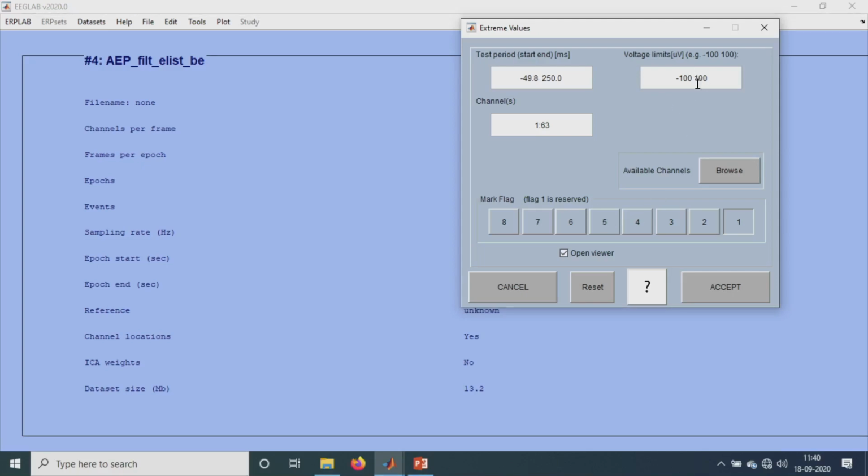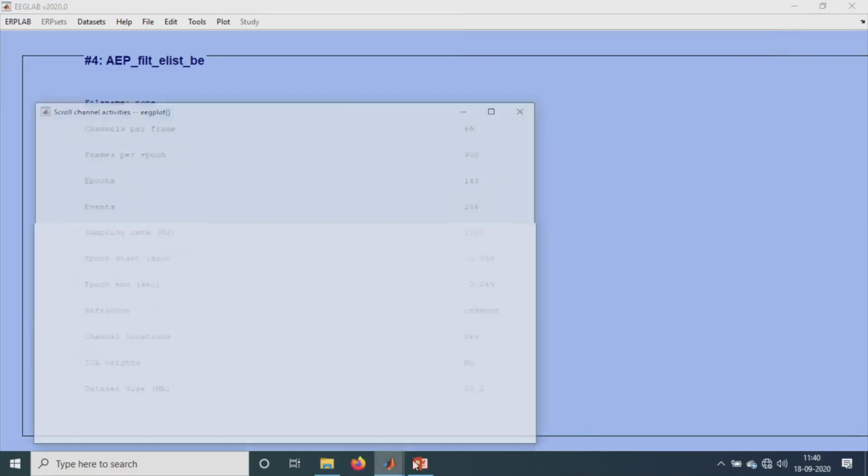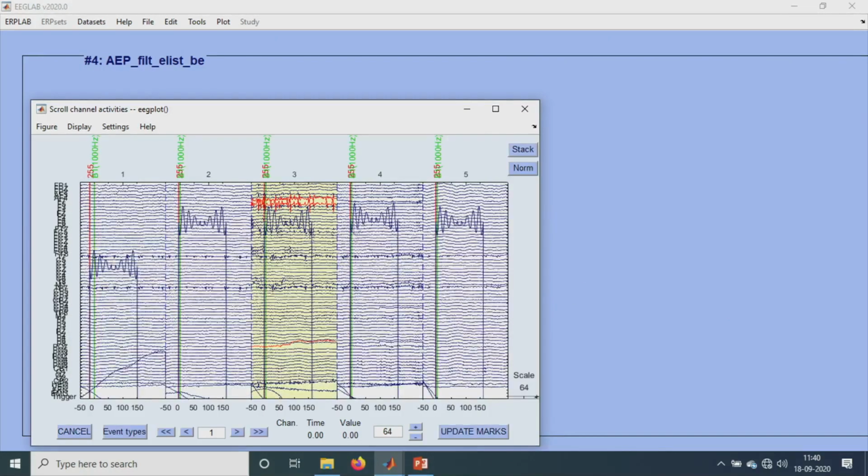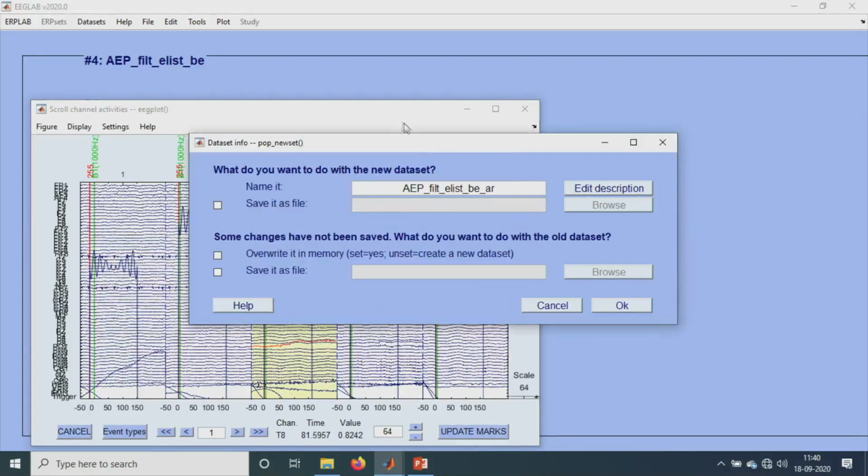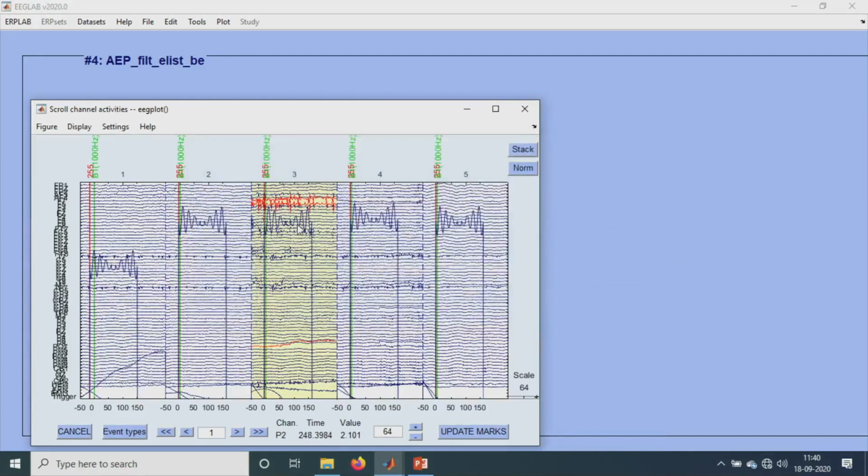This we can change according to what you think the voltage limit should be. Mostly it will be minus 100 to 100 alone, and then we do the artifact rejection.